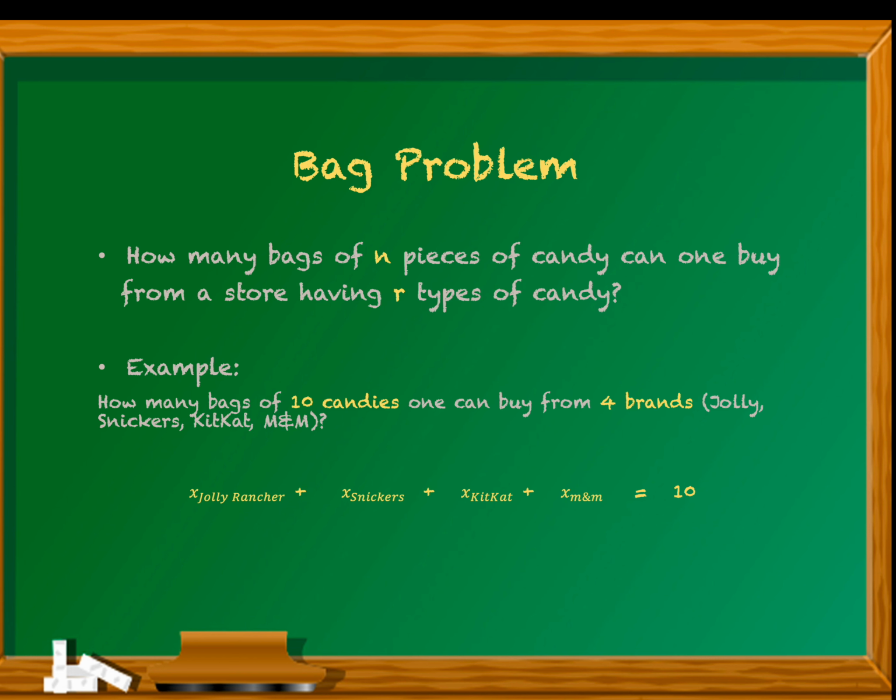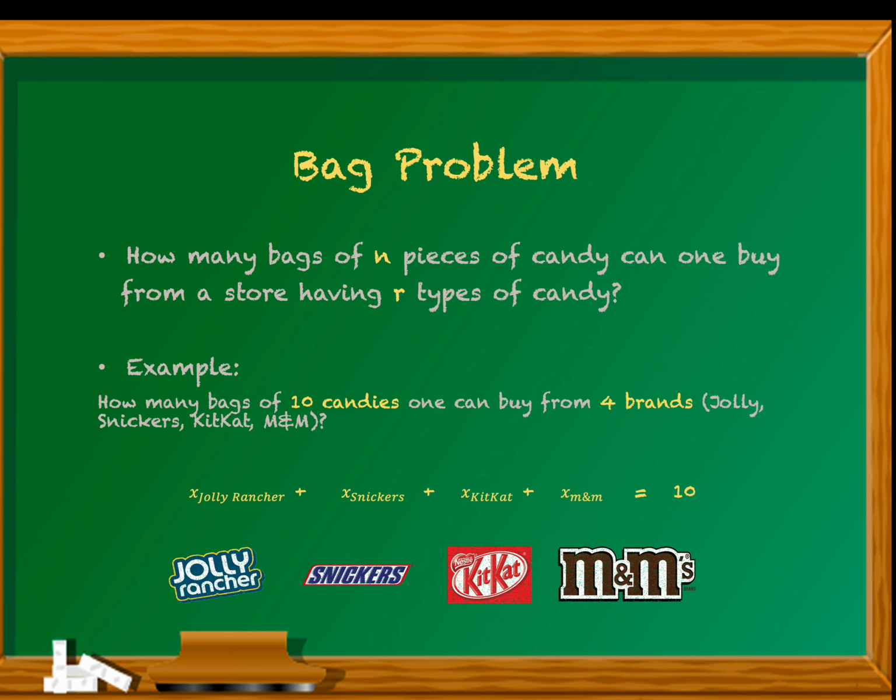And here is a bag problem, which is one of the toughest problems that are commonly taught to students in every discrete math course. Here is the number of ways of putting n pieces of candy, choosing them out of r different brands or r different types. And then we again visualize this with a real life incident when somebody wants to buy 10 candies out of these 4 brands: Jolly Rancher, Snickers, Kit Kat, and M&M. And then we translate this